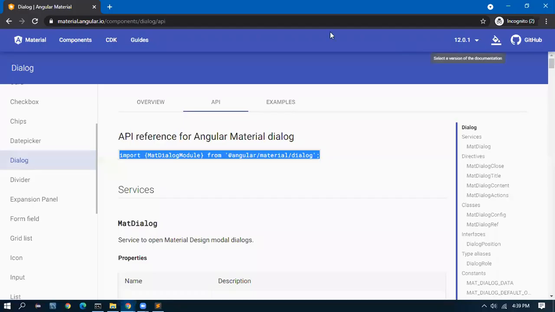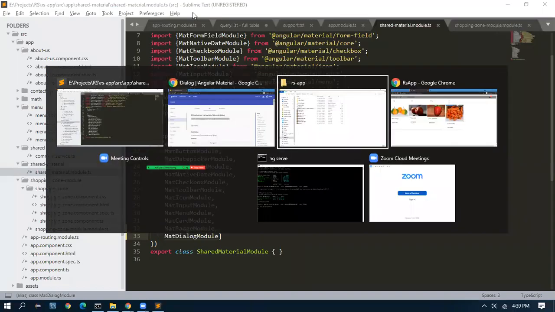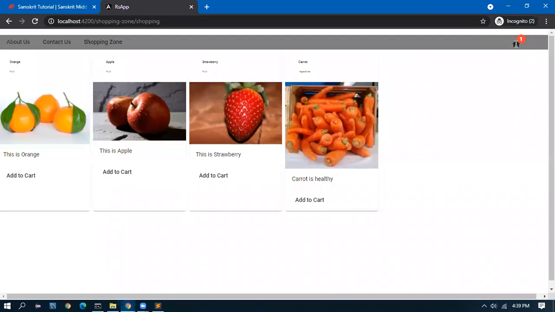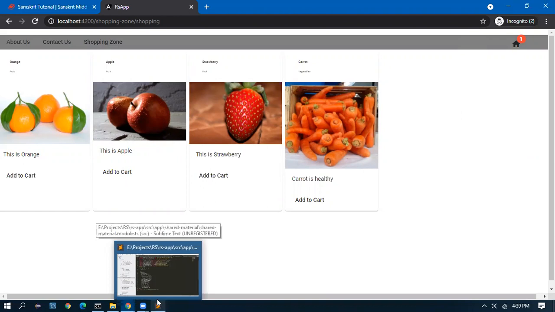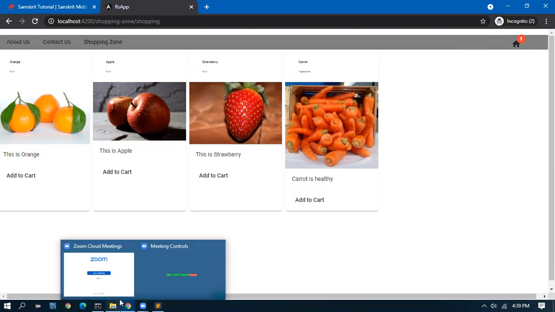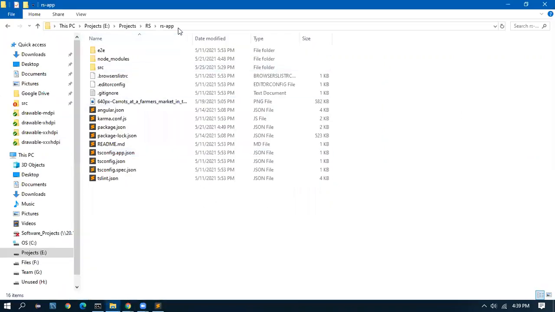Now, when I click this icon one, I want to bring in a pop-up, a small window I want to display. So we have to create a new component for that. I will be creating the component as orders dialog.